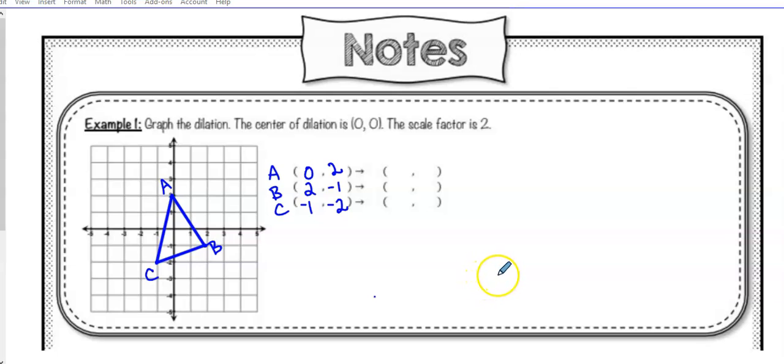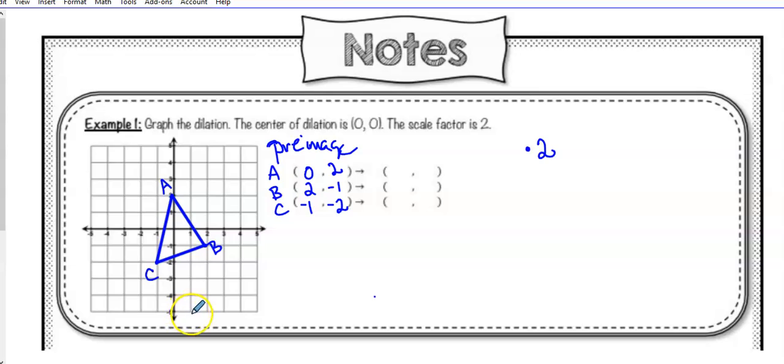So on this particular problem, here's our figure, our pre-image, and we'll go ahead and label that. The scale factor is 2. What that means is that we are going to multiply times 2. We're going to make this thing 2 times the size it is. And all you have to do to get your image is to multiply each of these numbers by the same number. Multiply each of these numbers times 2, and then that will get you your ordered pairs for